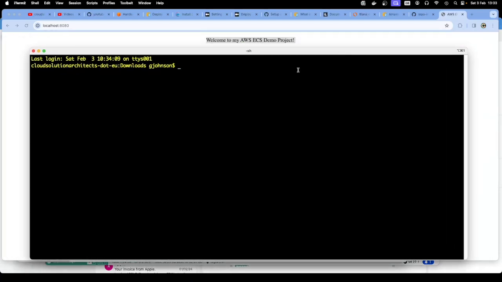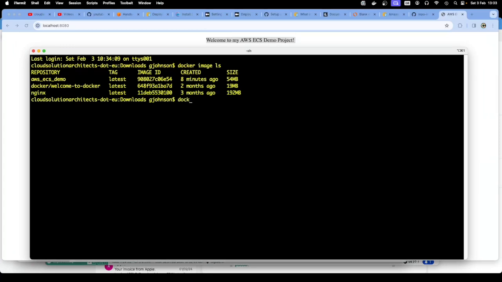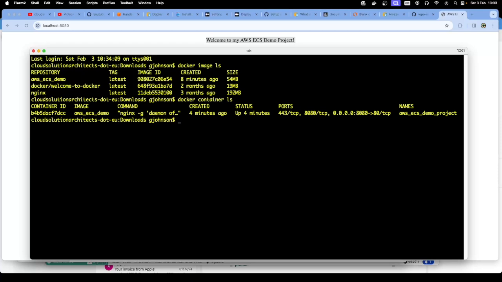Now, if I was to go back into my Docker image list here, I can say Docker container list here. You can see that it's up. Now, if I say Docker stop, this one here, paste that, if I stop the container running,